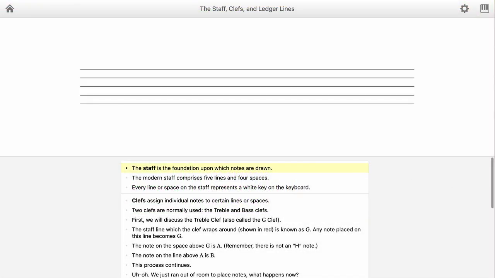The staff is the foundation upon which notes are drawn. Basically, it's this collection of 5 lines and 4 spaces where music is written. The 5 lines and 4 spaces are numbered starting from the bottom. So the bottom line is number 1, and then we go up to the next lines 2, 3, 4, and 5. Same with the spaces. The bottom space in between the lines is space number 1, and then we go up from there 2, 3,